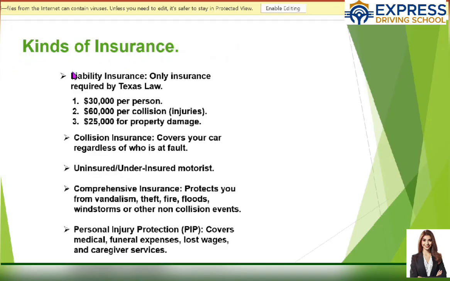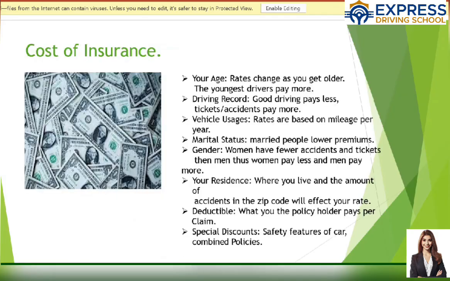Kinds of insurance. Liability insurance, the only insurance required by Texas law: $30,000 per person, $260,000 per collision for injuries, and $25,000 for property damage. Collision insurance covers your car regardless of who is at fault. Uninsured/underinsured motorist. Comprehensive insurance protects you from vandalism, theft, fire, floods, windstorms, or other non-collision events. Personal injury protection, PIP, covers medical, funeral expenses, lost wages, and